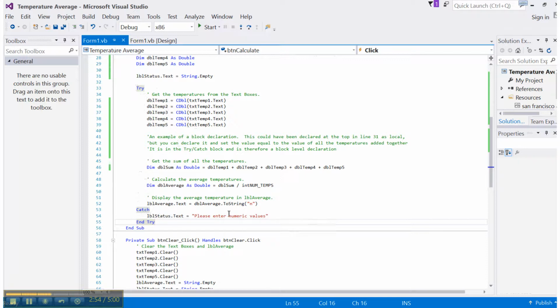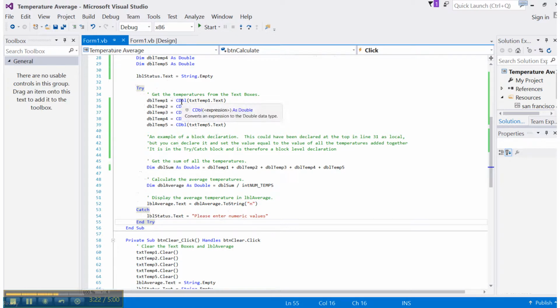the status label. So after you've declared all the variables up at the top, the double temp1 is going to be set to the value that's in the text property of the text temp1 text box. What this means is whatever the user entered as the temperature is what's saved in the text property there.